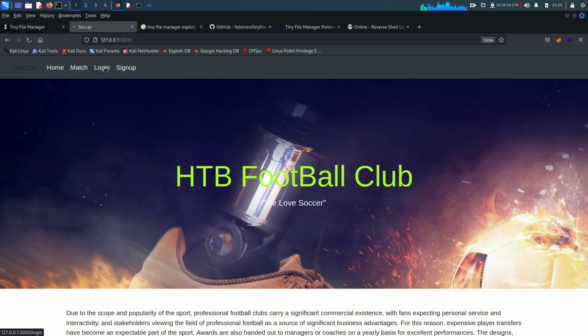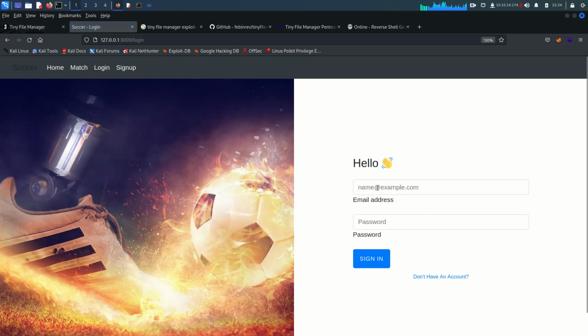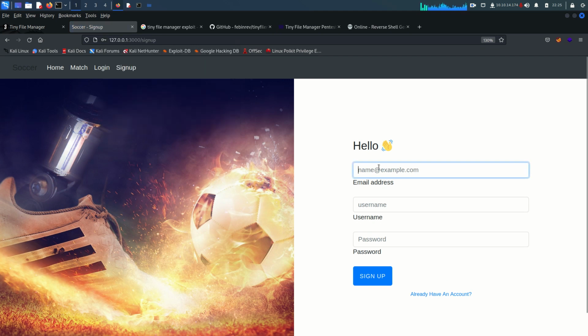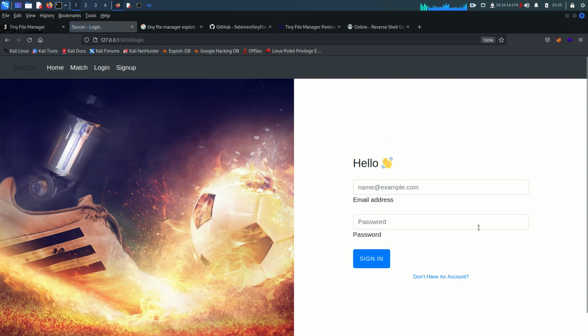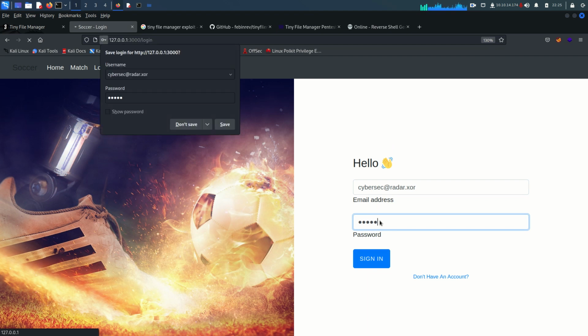We don't have the credentials, but we can try the same credential as Tiny File Manager because of password reuse. So let's see if that password is valid for this one also or not. So admin at 123, hit enter. It's asking for the email, not for the username. So there is an option to sign up. We can sign up. Let's say cybersec@radar.xor, and the username is going to be, let's say, cybersec, and the password is radar. Hit enter. Okay, so the user is already registered. Now we need to put the email, and the password is radar. Hit enter,